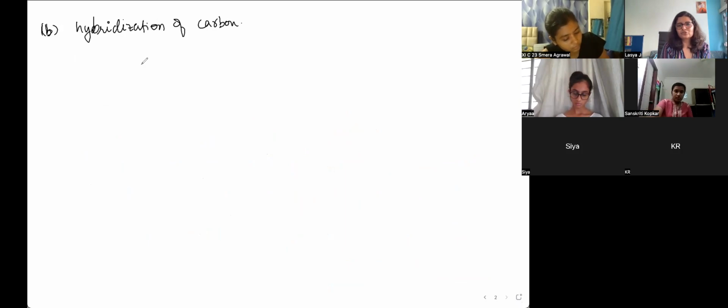So the main types of alcohols you'll find are where the OH group is attached to an sp2 carbon or sp3 carbon. Let's look at sp3 first. So if we have an sp3 carbon connected to an OH group,